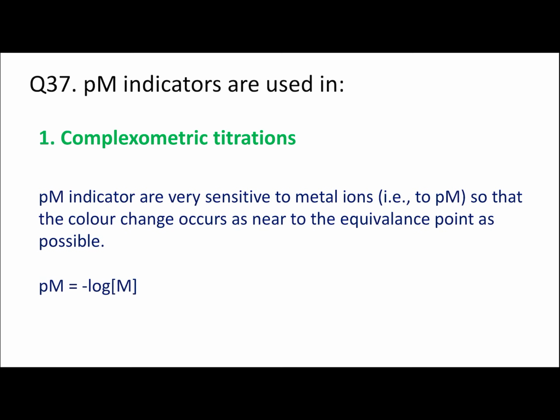So PM indicators are primarily used in complexometric titrations, and PM indicators are very sensitive to metal ions, that is, to PM values, so that the color change occurs as near to the equivalence point as possible. And the equivalence point is the point at which the equivalent amounts of titrant and titrand are reacted to each other in stoichiometric proportions. Here you can see PM means the negative logarithm of concentration of metal ions in the